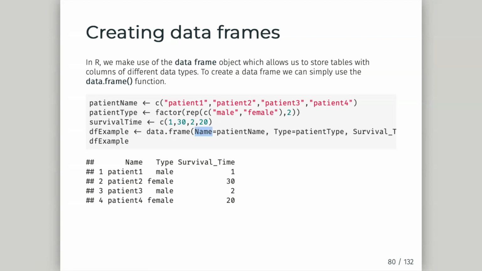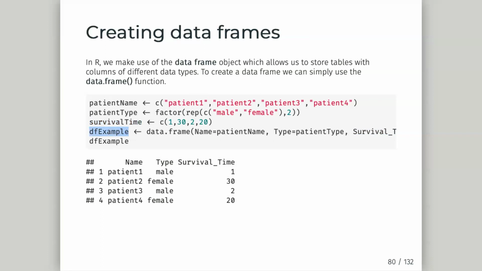By doing things like name, I'm going to have a column called name, and I'm going to put my patient name in there. I'm going to say I want a column called type, and I'm going to put my patient type there. And then I'm going to have survival time, and I'm going to assign into that the survival time. So from these 3 different types of objects, string, numeric, factor, I can